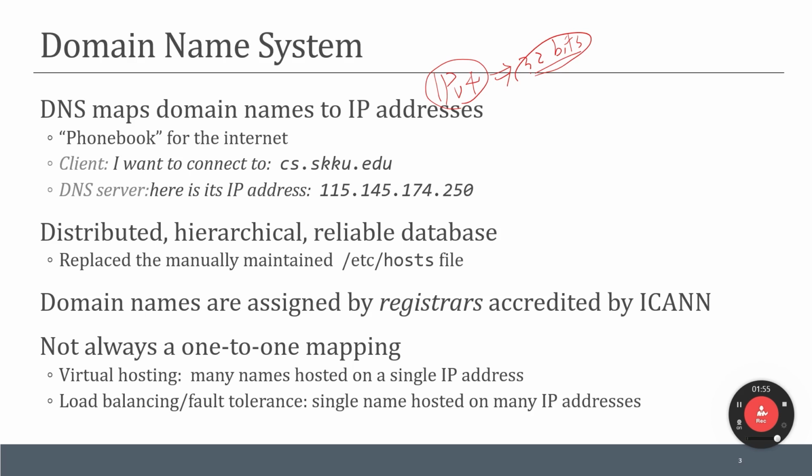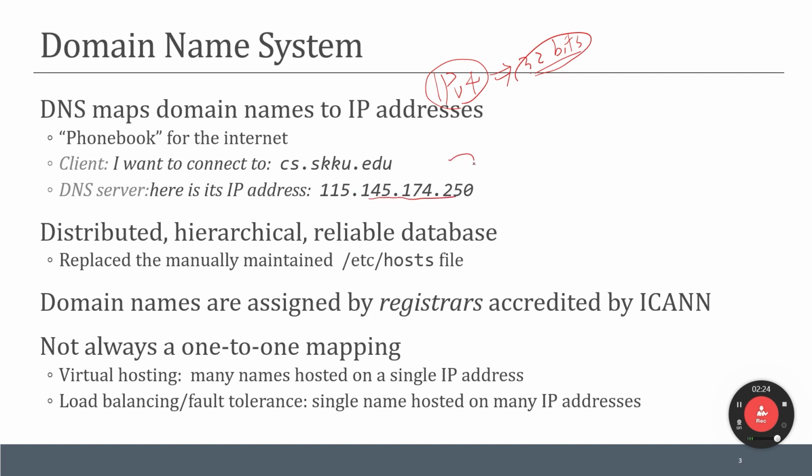So, for example, suppose that a client says, I want to connect to cs.skku.edu. Then it's easy to remember, CS representing computer science, and skku.edu. And the DNS server says, here is its IP address, 115.145, something like that.